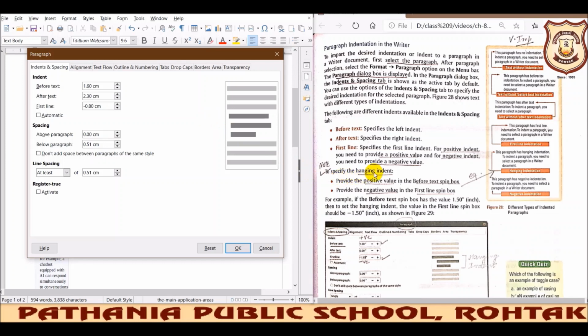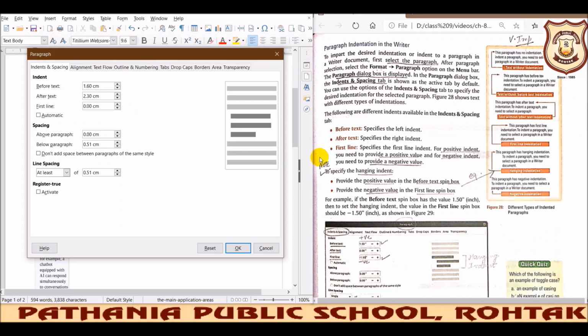Next is the hanging indent. This is something different. Here we need to combine two things. You need to provide a positive value in the before text spin box. Let me make it neutral first so you can see the effect.